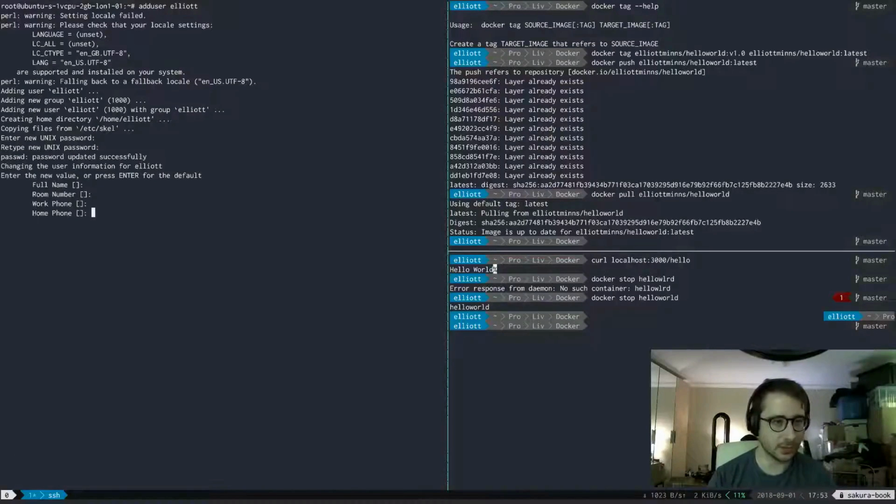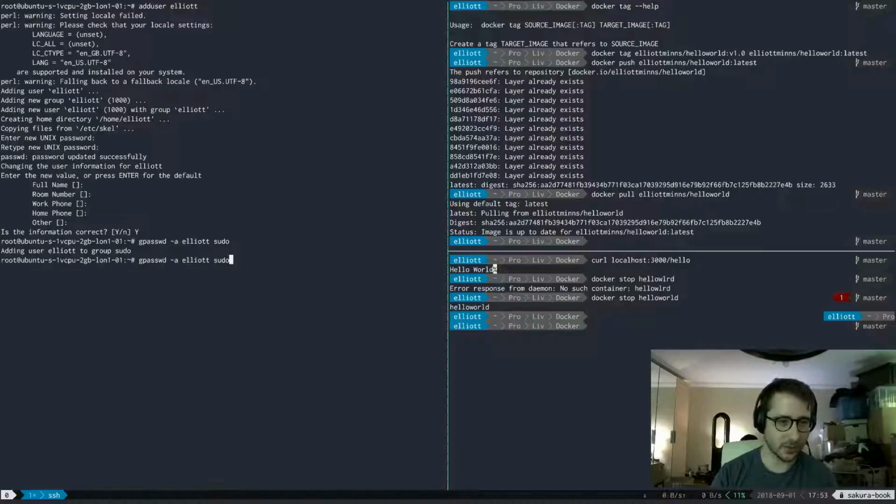Enter your password in. Yes, this information is correct. Give that user sudo access. We're also going to give them Docker access, but not just yet. Okay. Actually, yes, give them Docker access as well. Docker doesn't exist in the group, so we can't just do that yet. And then we're just going to